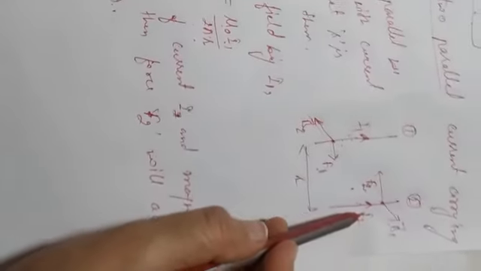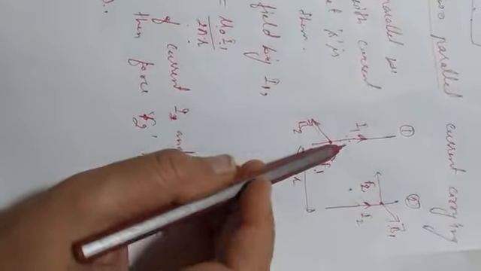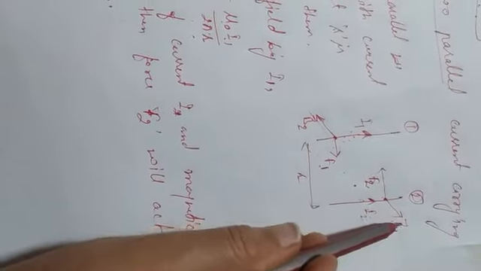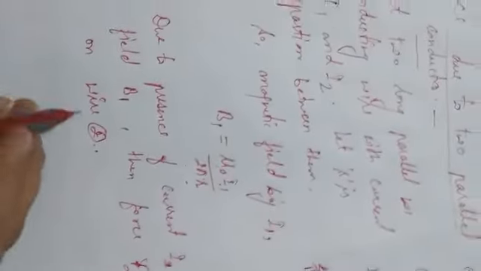Due to the presence of the current I2 in this wire, and B1 due to the other current wire, both in presence, F2 will act. Then this F2 will be equal to...